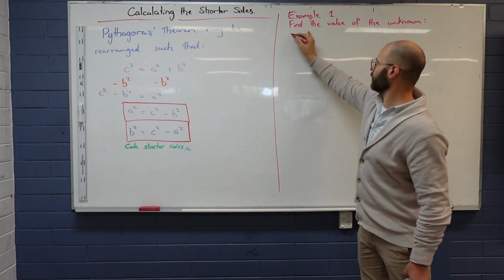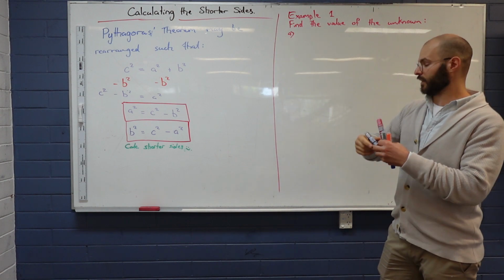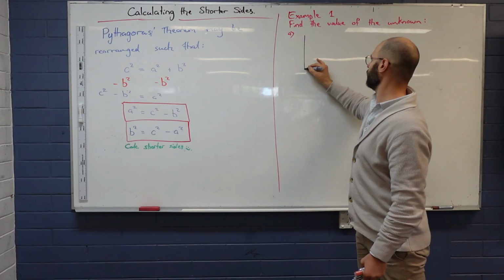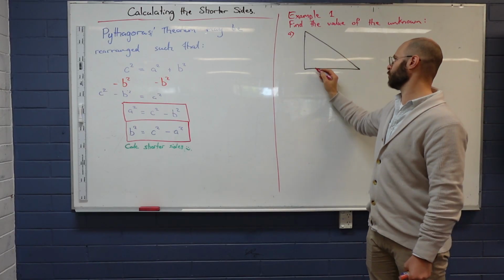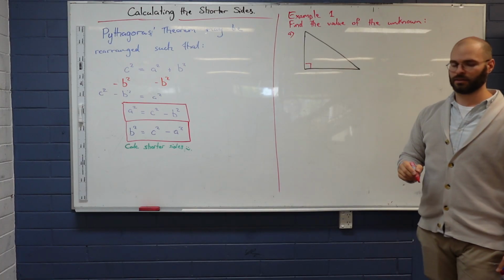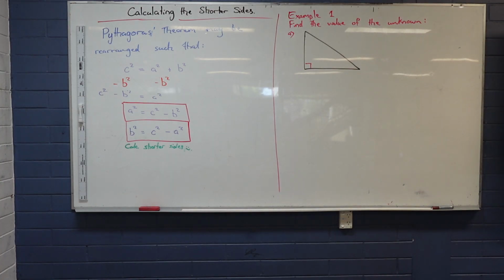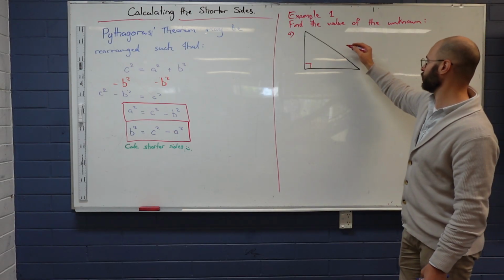Find the value of the unknown. We've got a random triangle that suddenly appeared. The triangle was defined as being a right angle because there was a right angle right here. Secondly, the triangle is defined as having a hypotenuse of,